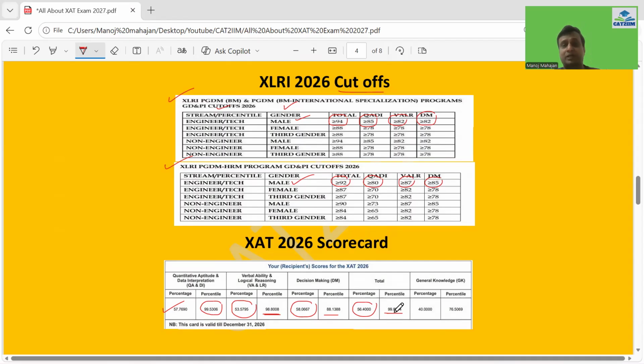That's extremely high. Now, when you come to the GK section, to give you a call for XLRI, they don't consider the score of part 2, that is GK. That would be considered during the interview. So just score some bare minimum marks in the GK, so you get a decent percentile. But nothing to worry about much if you score less and get a lower percentile. It's not like you will not be able to convert the call, right?